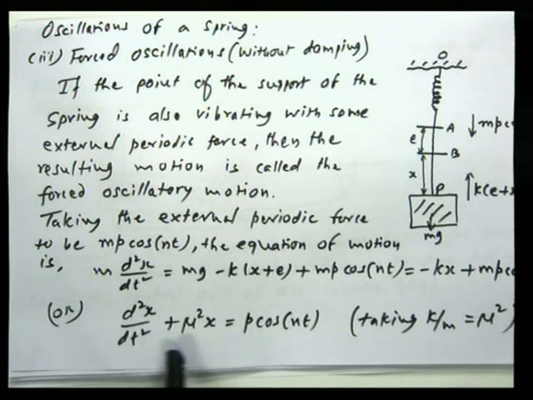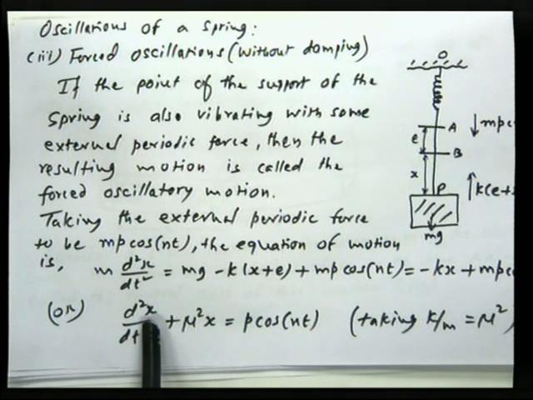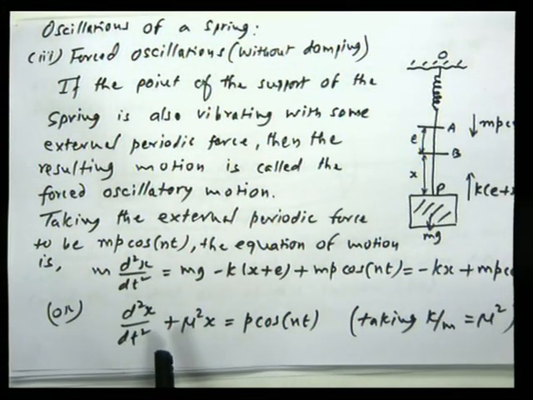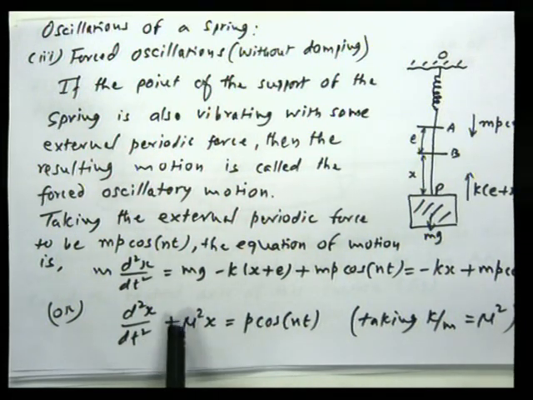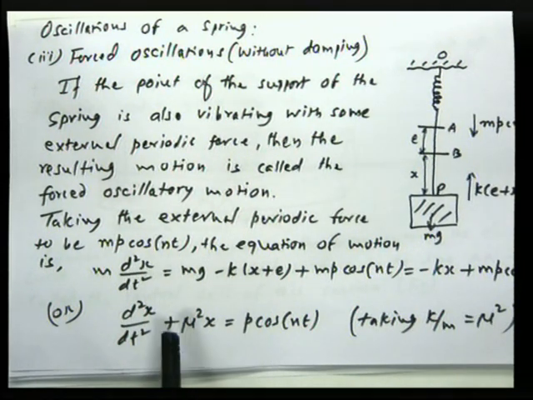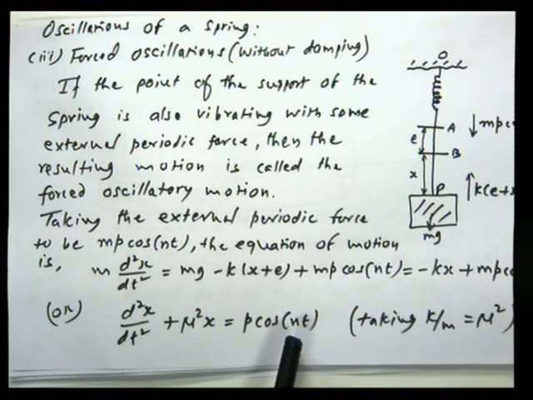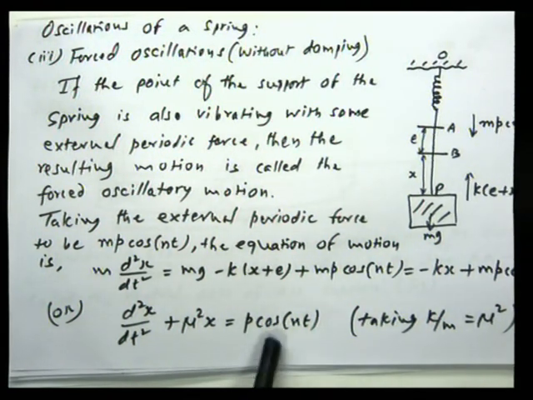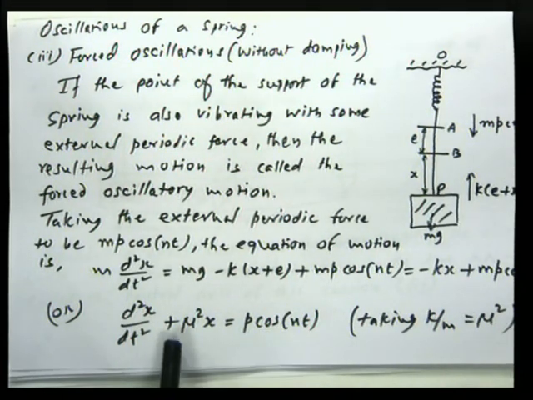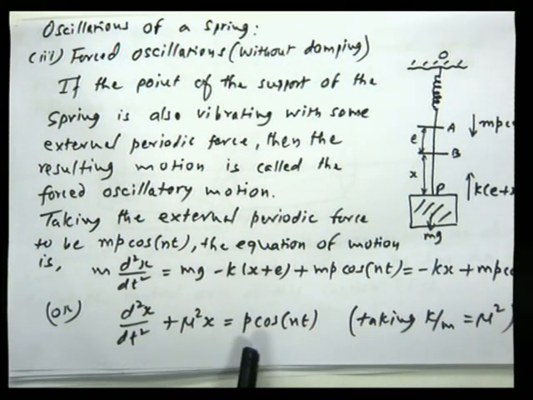So what we see is this is again a differential equation. It's a second order differential equation. There is no first order term present here because we have seen in the last equation that the presence of the first order term was because of the velocity, damping due to velocity. But here the right hand side is not 0. So this is not that homogeneous situation. Now here we have on the right hand side some function. So this equation is a non-homogeneous type of second order linear differential equation.